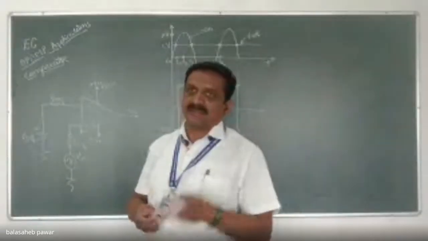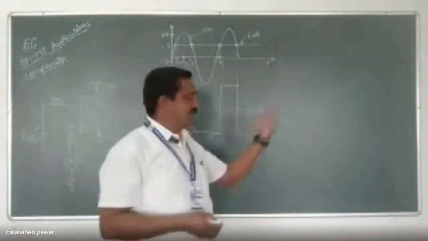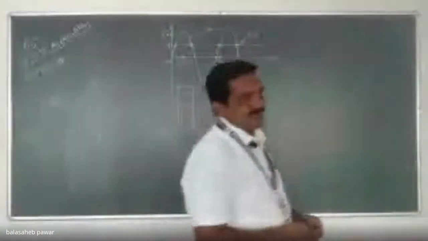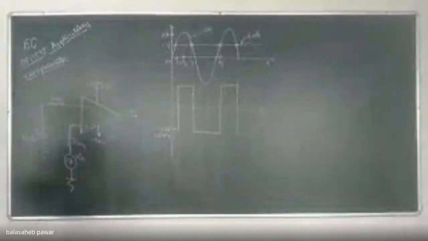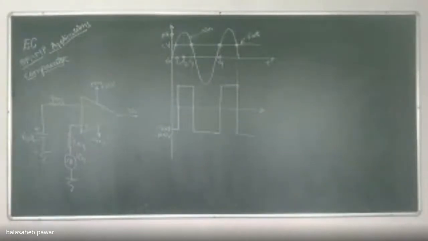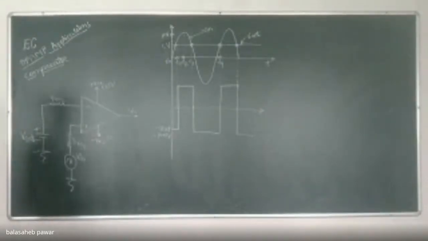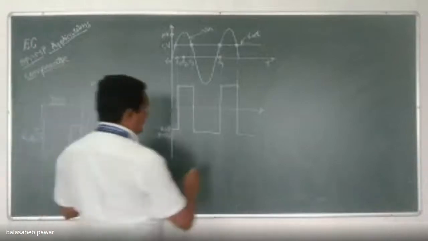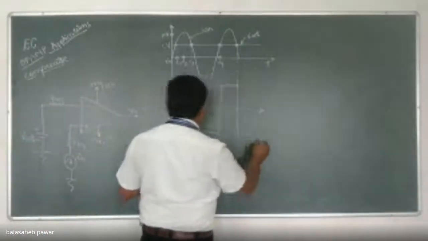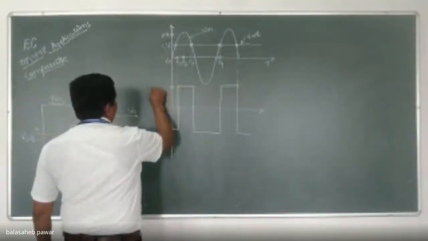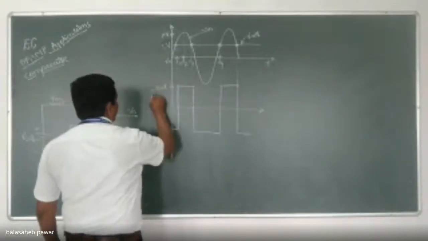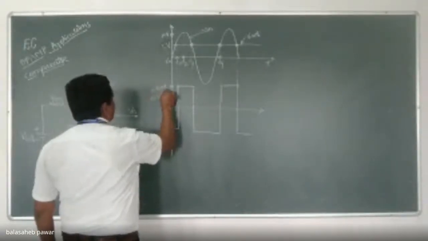So this is nothing but the operation of a basic comparator. It continuously monitors the two input signals and accordingly produces an output of either plus Vsat or minus Vsat, right? Such circuits are also known as voltage level detectors and are mostly used in applications such as digital interfacing, Schmitt triggers, voltage level detectors, oscillators, etc. So all these are applications of this comparator circuit. This output level is plus Vsat, and for our example, it will be plus 10.8 volts.